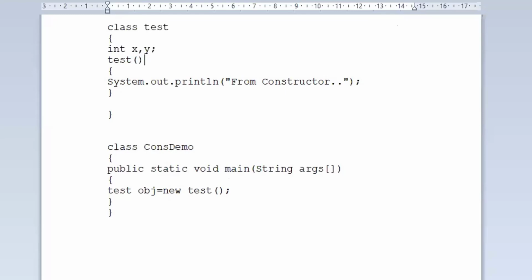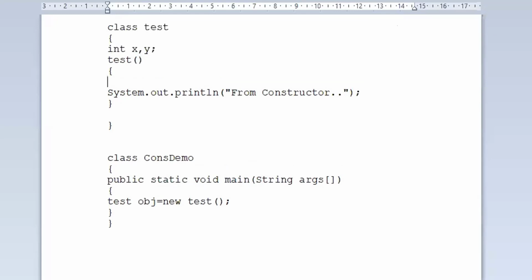So what I mean to say is, when the constructor has been called, here, this is the area where a constructor will be in execution. So here let me put the value of x equal to 10, and the value of y equal to 20. Clear?